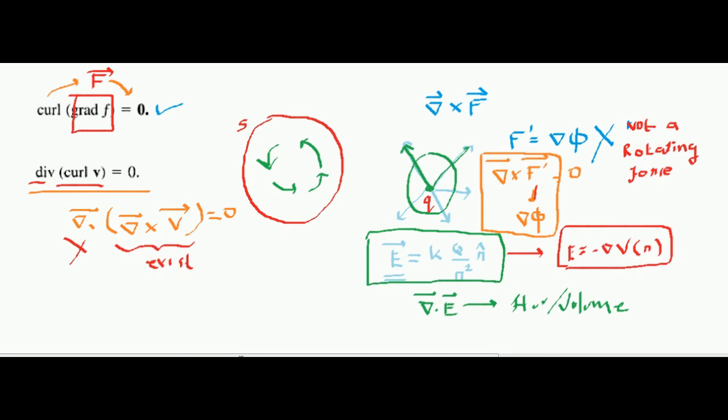So let me state one more fact before we continue. As I discussed here, I considered a rotating electric field. Now you would ask me, do we really have a rotating electric field that is in a circular direction? The answer is yes, we do have. Let me give you an example. Consider you take a circular wire, and you have a magnet. Consider you have a bar magnet with a south pole and a north pole.